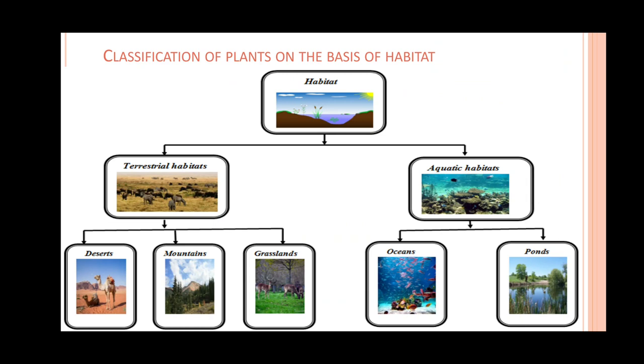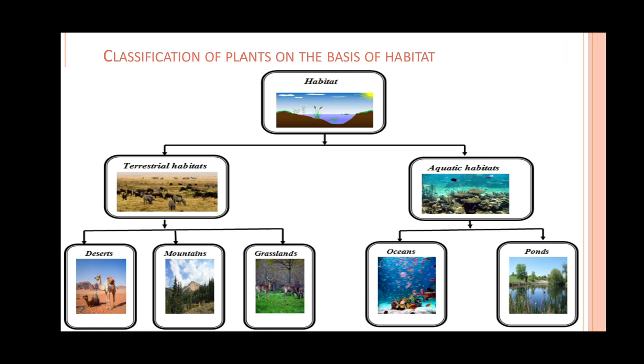Now, the classification of plants on the basis of habitat. Dear students, habitat is a place where plants or animals live or get food and interact with the environment. So, habitat in simple words is a place where animals or plants live more comfortably in their natural surroundings. So this can be classified into two groups: terrestrial habitat, also known as land habitat, and your aquatic habitat. Aqua is related to water, so it is a habitat which is in water.